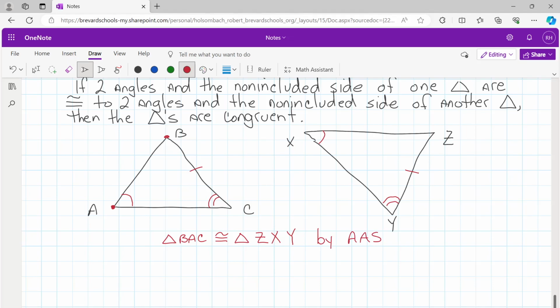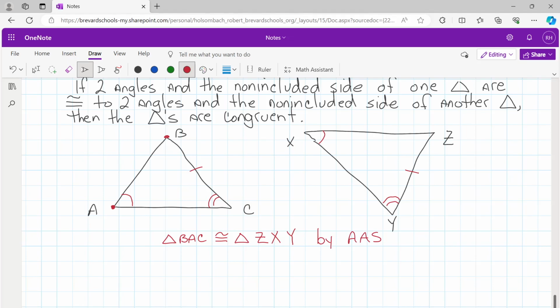All right, so does everybody see the difference between angle, angle, side and angle, side, angle? Yes? Very good. Now, if you want to add it to your notes, you've already got these postulates in your notes, but if you look at page 278, there's a nice concept summary up towards the top of the page where it kind of summarizes the 4 postulates